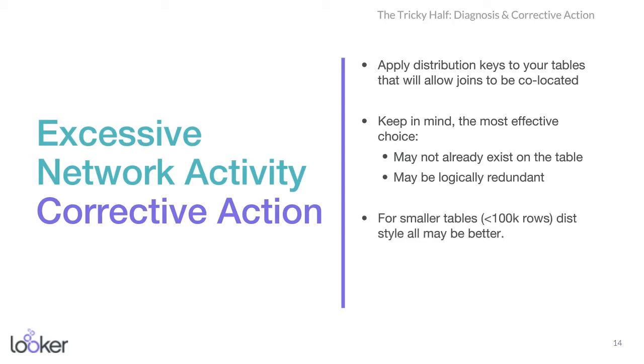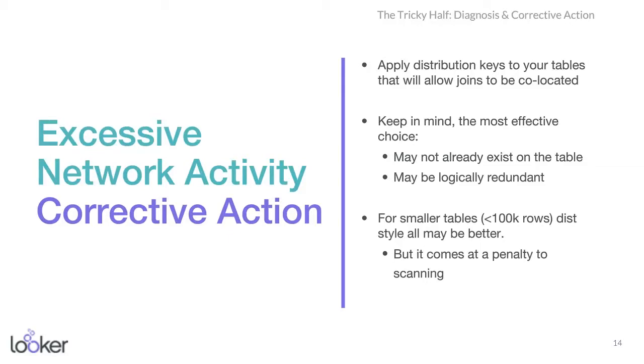So the way that you can really identify this is looking, in the aggregate dashboard, for a high number of distributed or broadcast bytes in the top level metric, but also looking for distribution both, which is where both sides of the table are shuffled to produce a join. Distribution outer, right, which is where the bigger of the two tables has to be moved around the network, or broadcast inner, which means that the smaller of the two tables needs to be copied to every node in your cluster